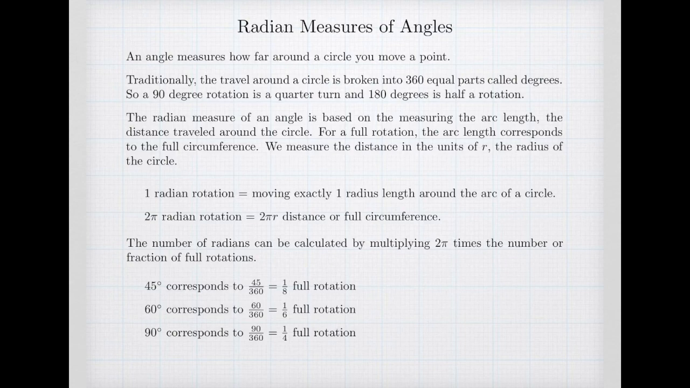The radian measure of an angle is based on measuring the arc length, which is the distance traveled around the circle. For a full rotation, arc length corresponds to the circumference. We measure the distance in the units of the radius. So if I have 1 radian of rotation, that corresponds to moving 1 radius around the arc of a circle. In our example with the bicycle wheel, I took that rope that represented the radius and measured the length of the radius,